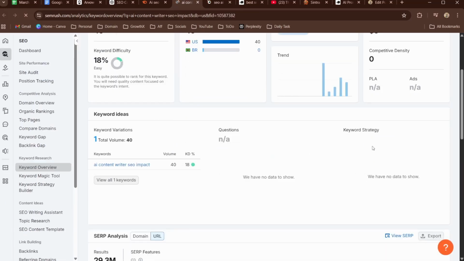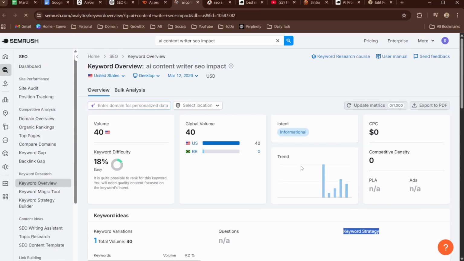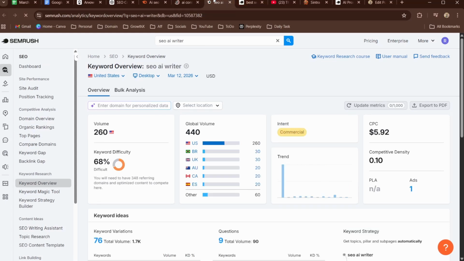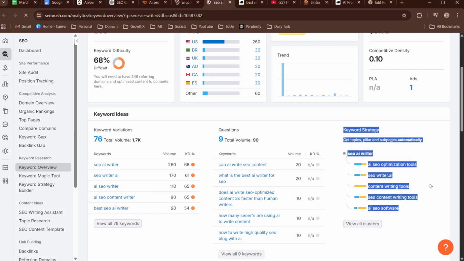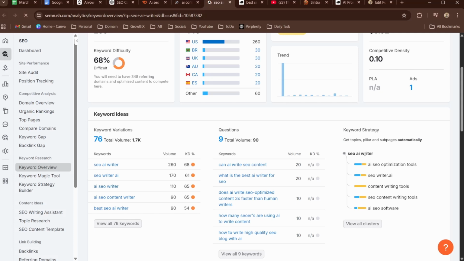Let me just wait. Okay, there's no keyword strategy provided by SEMrush right here. So I'm going to move to the other keyword, which is high volume, and we have got the keyword strategy. So what I can do is go here and take this keyword, AI SEO optimization tools, and here